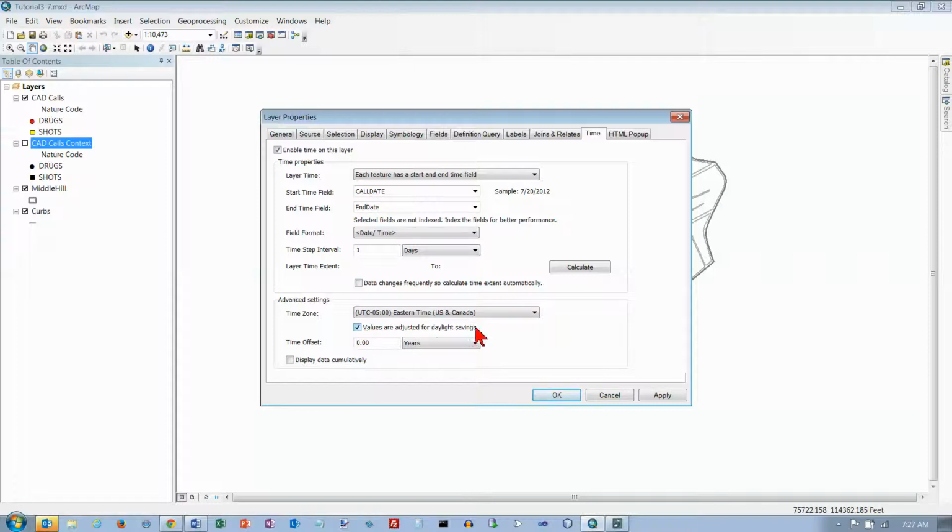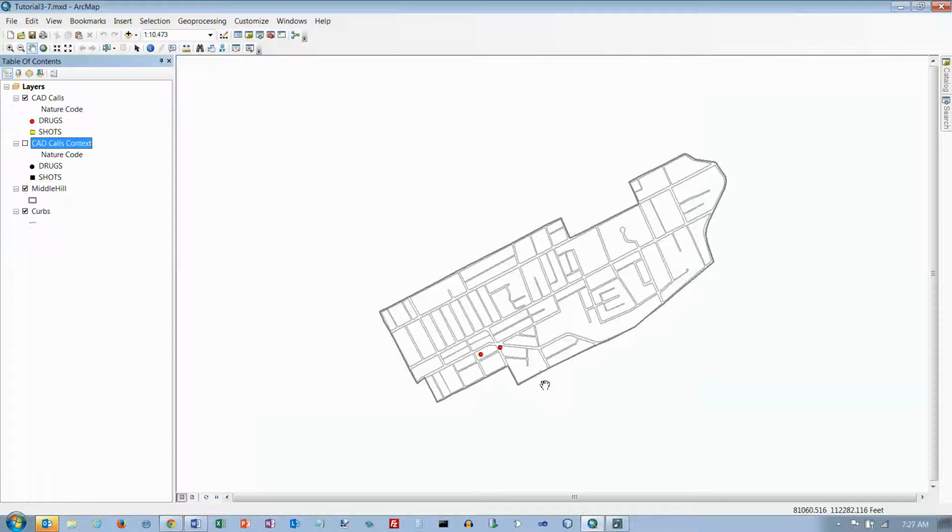And save daylight savings times, and everything else looks okay. And click on calculate first, change this back to a 1, click on OK,